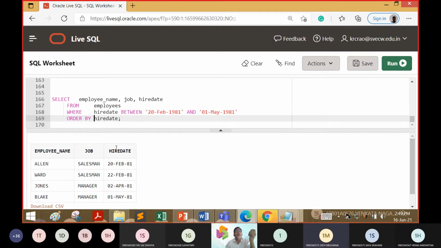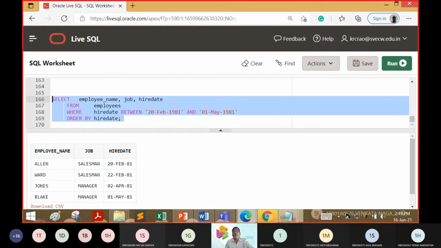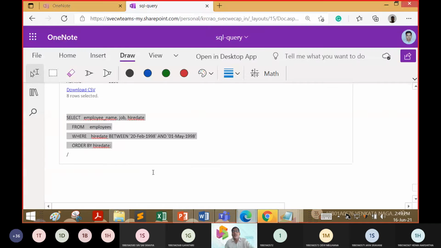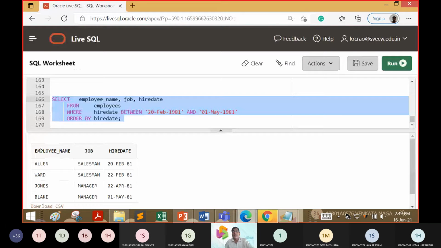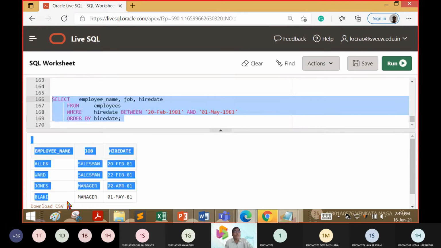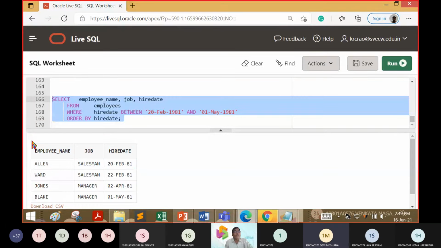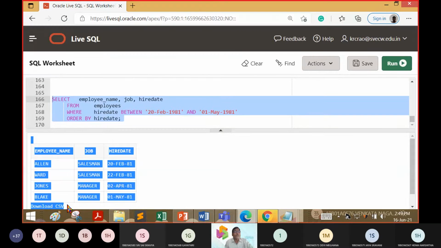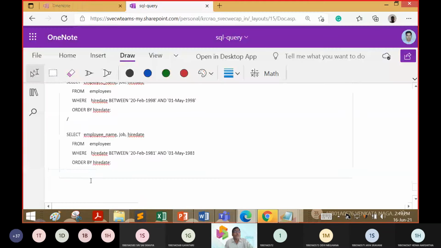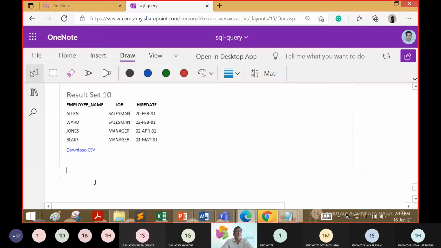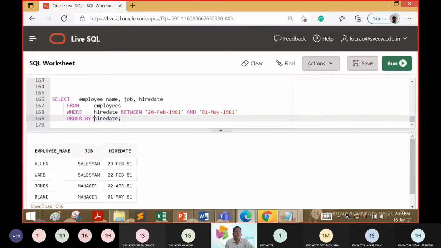So now tell me, you are able to see the answer, right? One second, I have to put this here and take the answers. Now tell me, if I put ORDER BY DESC here, what change happens in the answer?